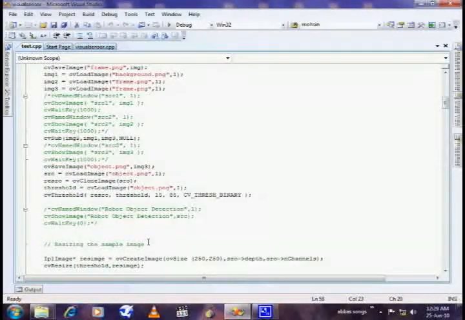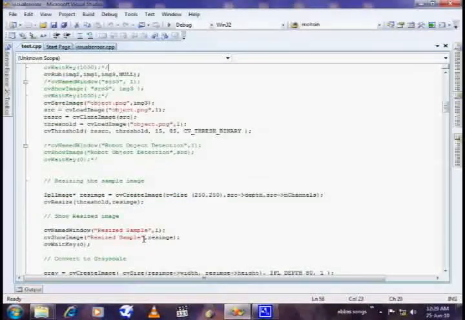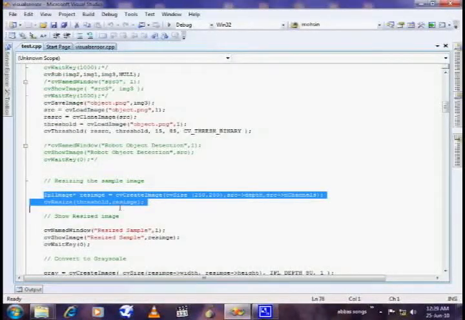After the threshold function we apply a resize function to our image. We do this resize because extracting silhouettes from a shorter or small image is very easy as compared to a large image.